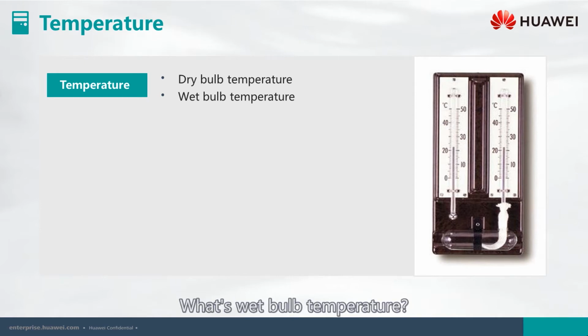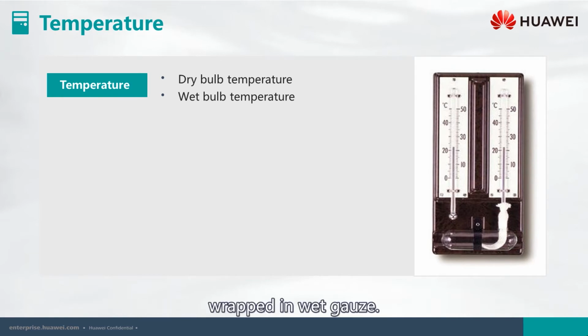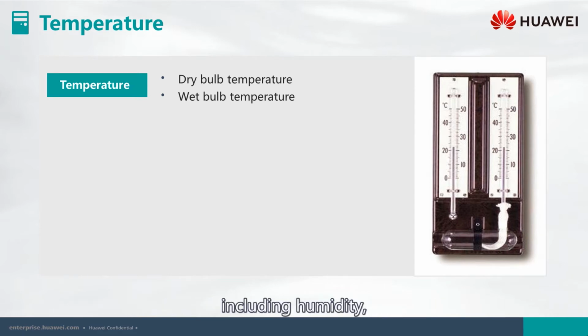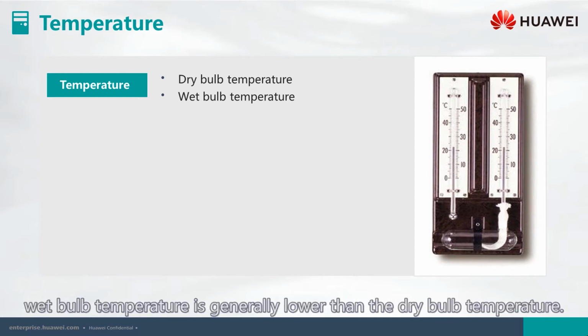What's wet bulb temperature? This is the temperature measured using a thermometer wrapped in wet gauze. If we wrap wet gauze around the thermometer, both heat and moisture are exchanged between the air and thermometer, as the water in the wet gauze can evaporate. The temperature at which the air and thermometer balance, including humidity, is called wet bulb temperature. As the water in the wet gauze absorbs heat and evaporates, wet bulb temperature is generally lower than the dry